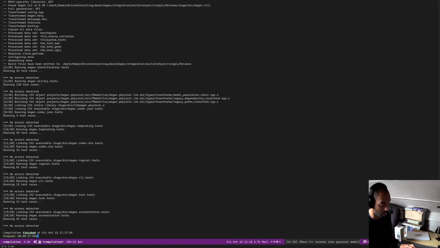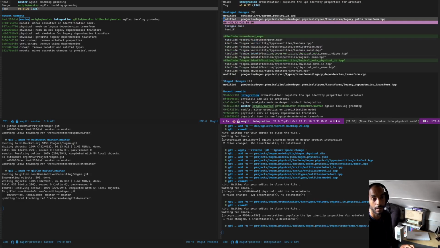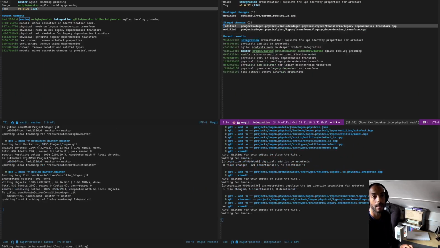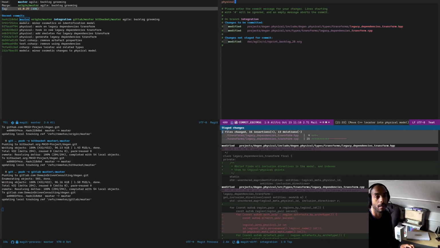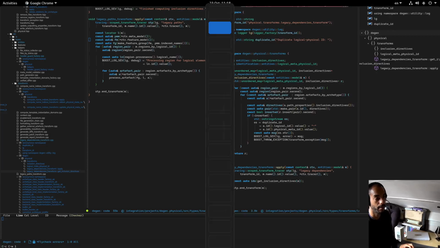Right, cool, that's good. So now let's just see what that then does. Probably don't need any of these. We do need these. So physical, minor. So use artifact ID when building inclusion dependencies. Okay, so now we just use the artifact ID instead of creating our own, so that's good. Okay, so now we are where we were last time,